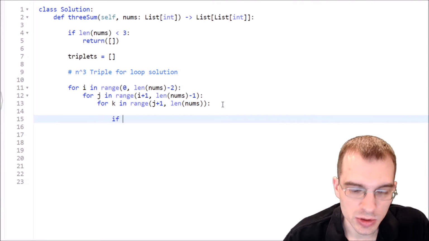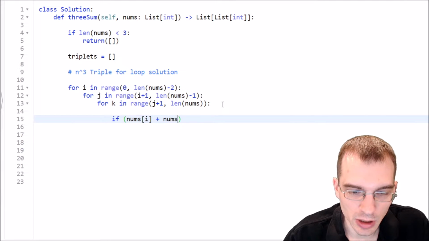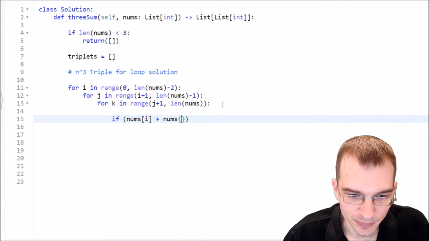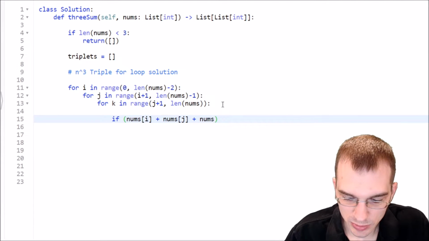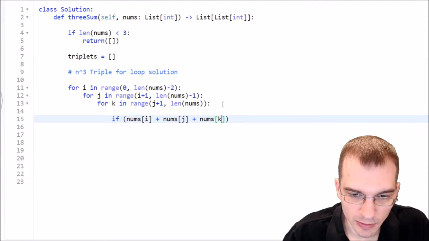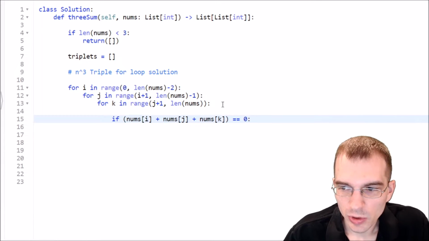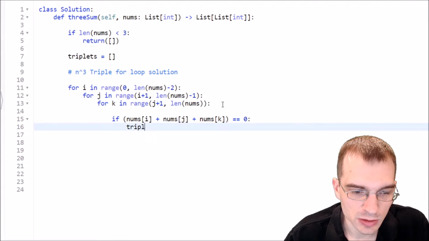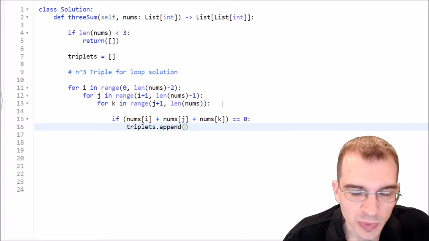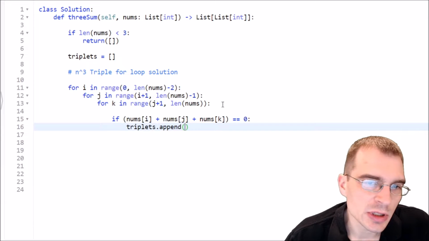to 0. So if nums[i] plus nums[j] plus nums[k] equals 0, we want to append that to the triplets. triplets.append. Now, we have to be careful in that if we come up with two triplets that are going